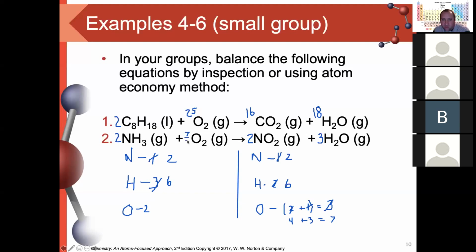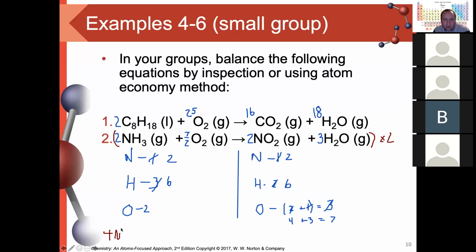I have a fractional coefficient, 7/2, which doesn't really make a whole lot of sense. So I have to double everything. And if I double everything, then that leaves us with